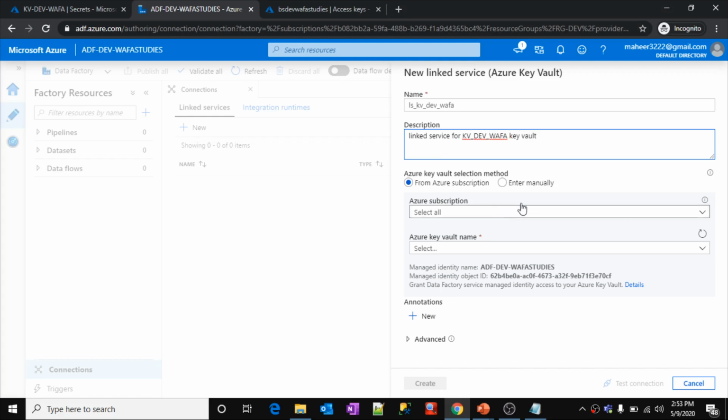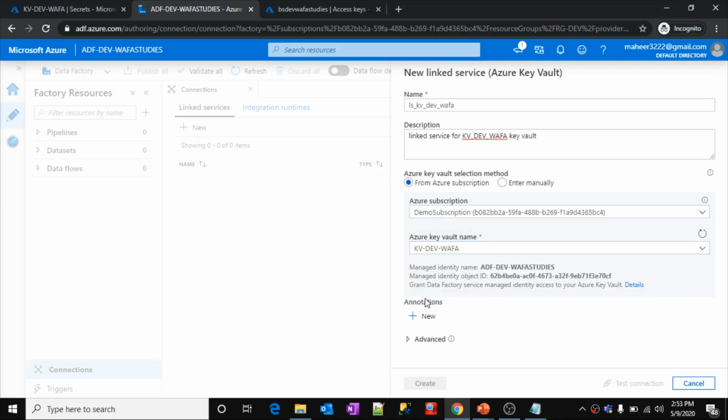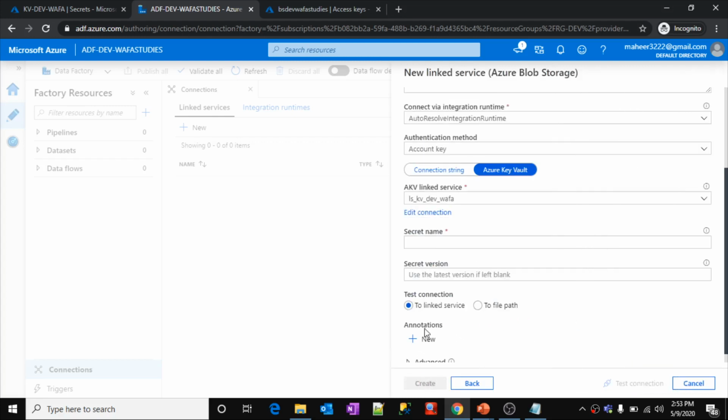Okay, so now let's select the subscription. This is my subscription. Let me select the key vault name. This is my key vault name, KV Dev Wafa. Okay, let me do this test connection to make sure I am able to access my key vault or not. See, connection is successful. That means I am able to access it. Let me click this create button, which is actually going to create a linked service for my key vault. Okay, so it created here, right?